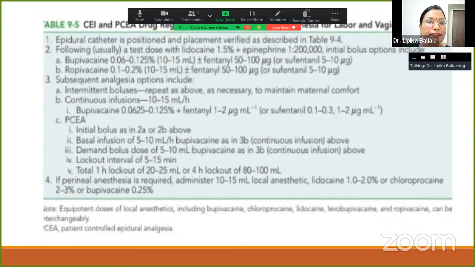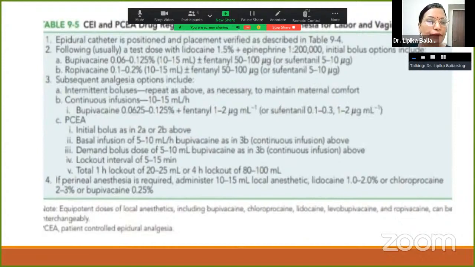And then the subsequent analgesia options will include the intermittent bolus, which repeats as above strength to maintain the maternal comfort, or there will be continuous infusion, that is 10 to 15 ml per hour. That will contain bupivacaine 0.0625 to 0.125% plus fentanyl 1 to 2 microgram, or sufentanil 0.1 to 0.3 or 1 to 2 microgram per ml. So usually we follow this bupivacaine 0.0625 to 0.125% plus fentanyl 1 to 2 microgram per ml